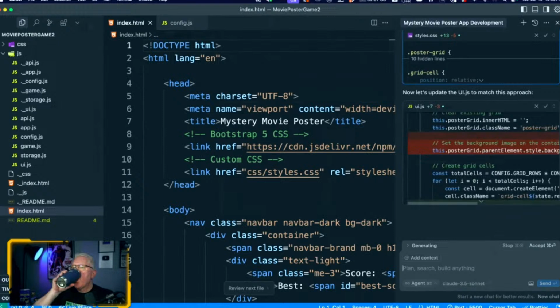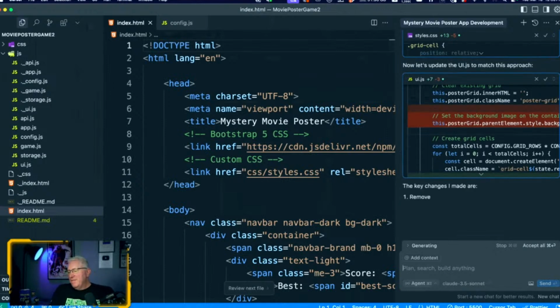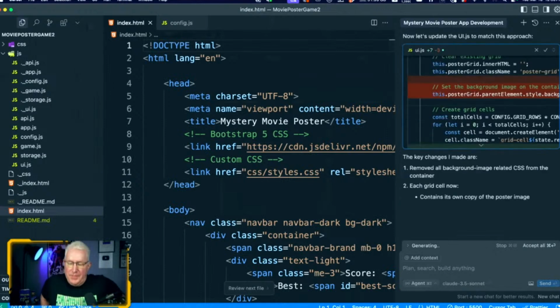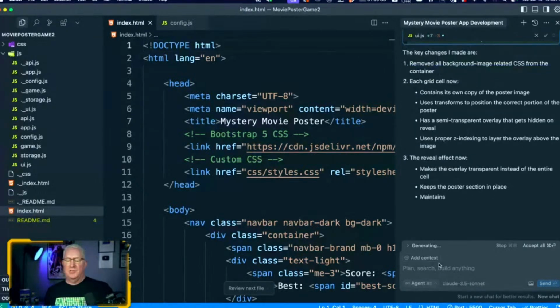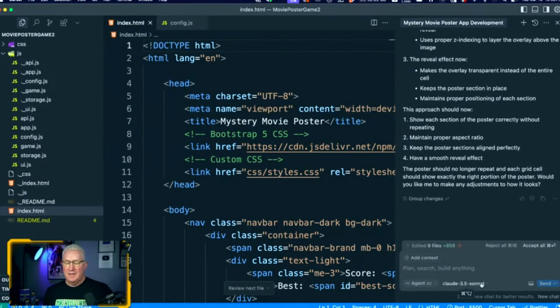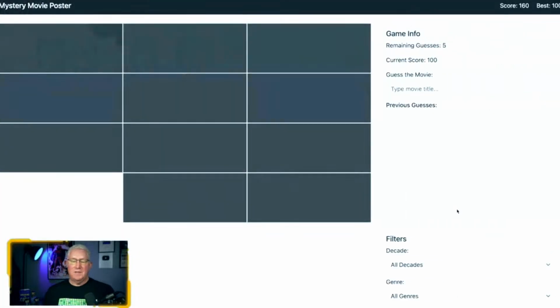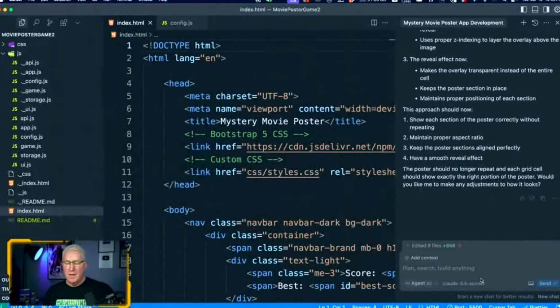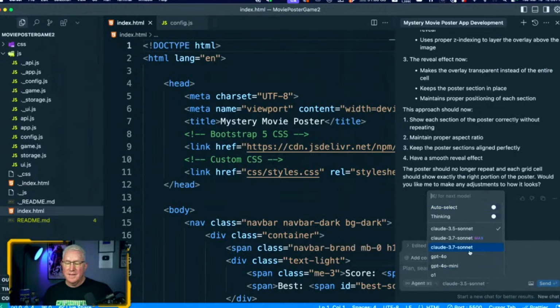Maybe. Nightly Dev said he's had better luck with 3.7, so maybe let's try 3.7 next when we give it another prompt. Well, that's because you got to pay for it. There is a version of 3.7 we can use, but there's also a premium version of 3.7. I will change it. So Claude 3.5 is getting fired after this one. You got canned from my dev team. Let's see what he's got here. Nothing. He broke it. All right, let's try 3.7, not the 3.7 Max. Yeah, just 3.7 regular.